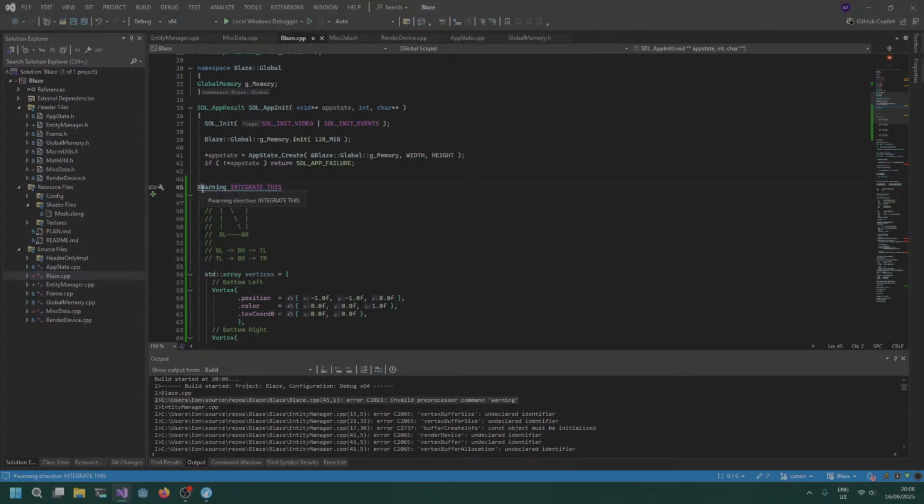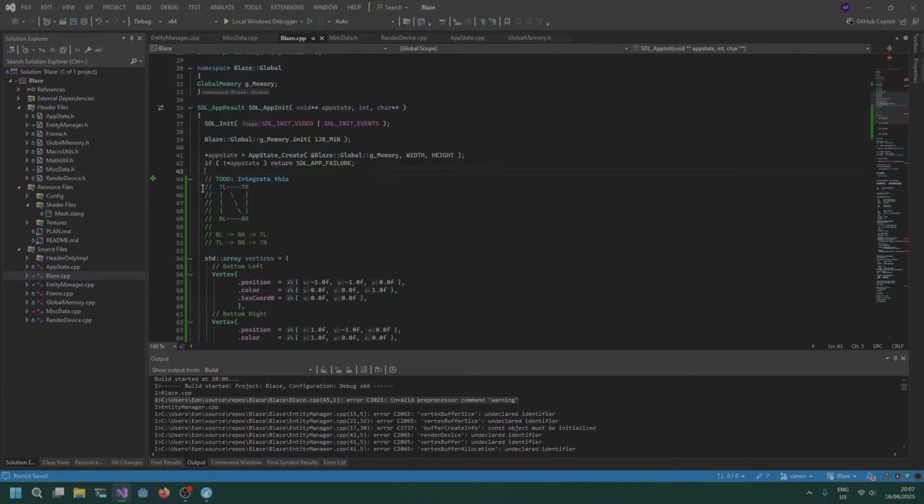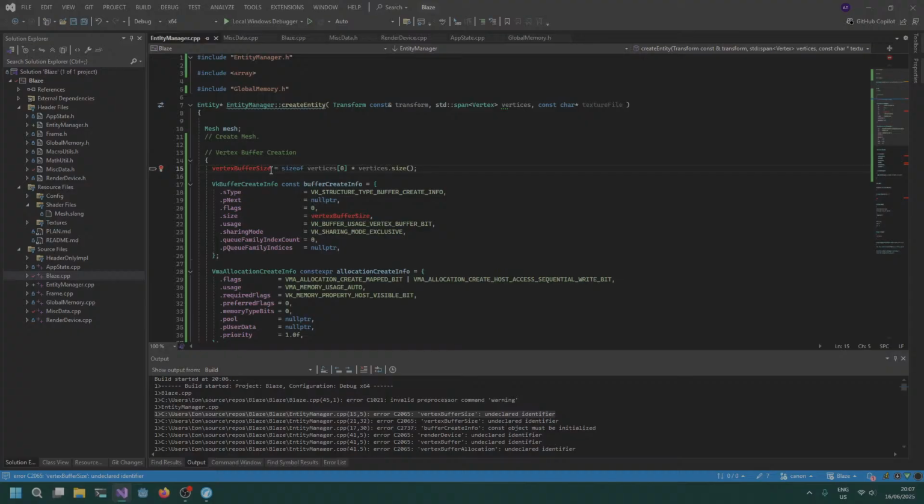So invalid. The processor command. Interesting. But basically, currently I've set up things such that warnings are the same as errors. But still, I don't know why that happened. Anyway, vertex buffer size. So that is mesh.vertex buffer size